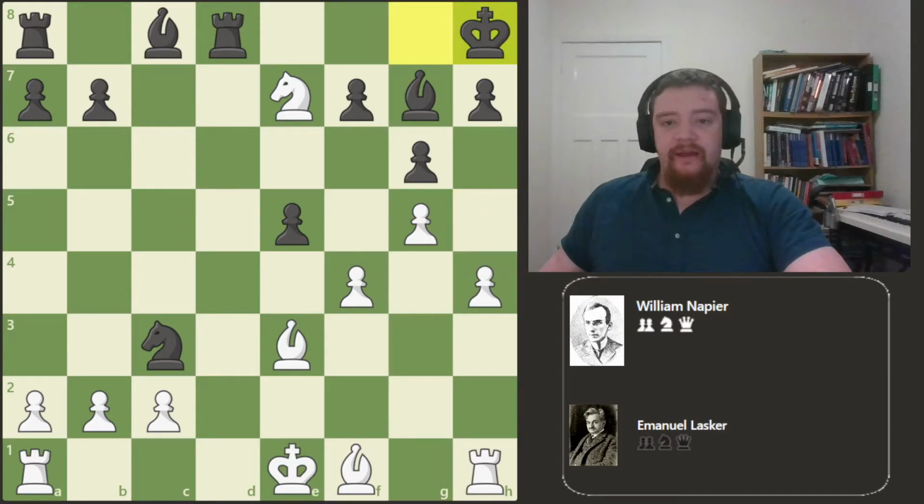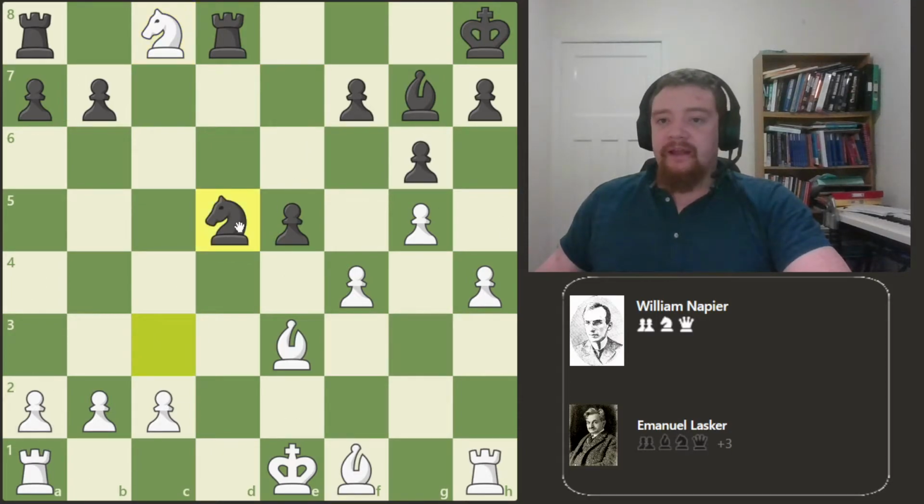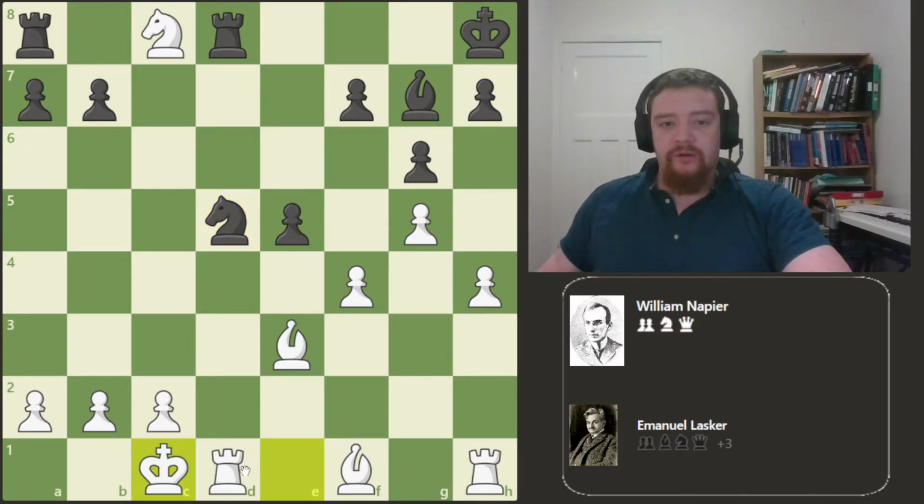Now, if instead of here we had knight takes c8, we would still have something like knight to d5, and this is a variation given by Reti, where White is supposedly meant to save himself because this knight is trapped. However, I think Reti may have overlooked this long castling move, because after takes here,